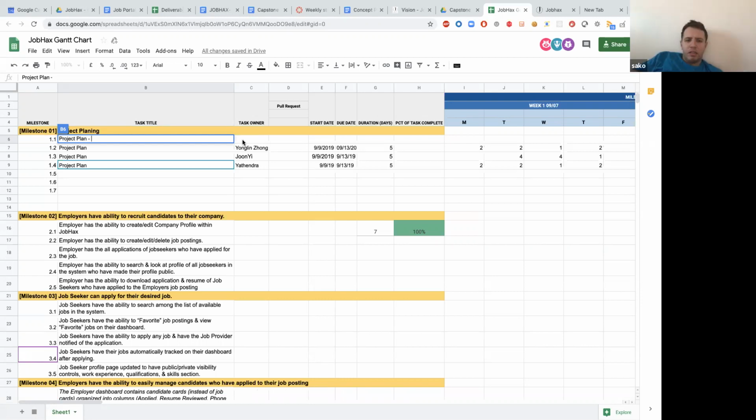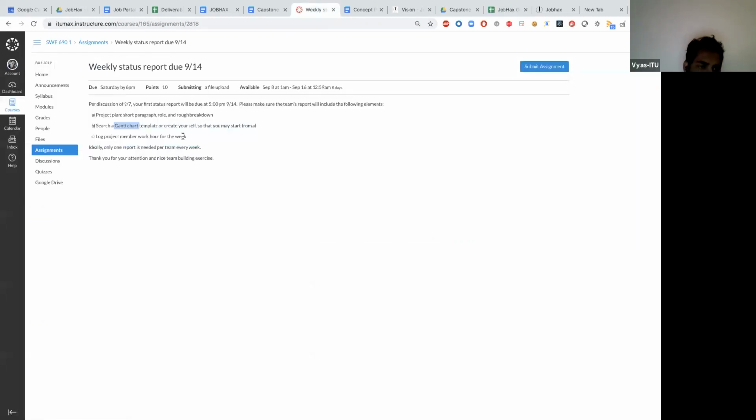Yeah, this report we roughly... Maybe discussion, Gantt chart and the log of project work hours is needed per team every week. Only one report is needed per team every week. Project plan. Search a Gantt chart template and a short paragraph, role and rough breakdown.